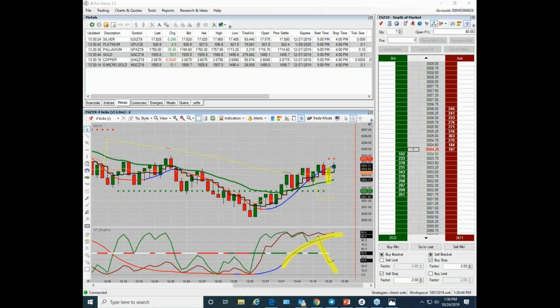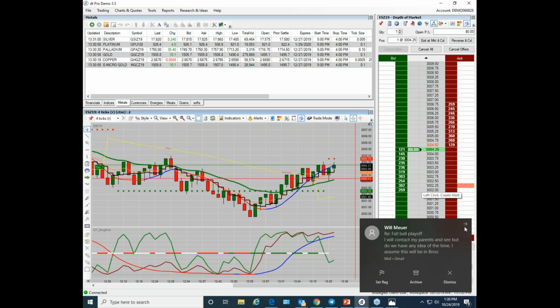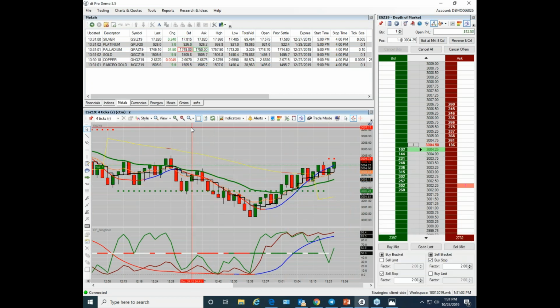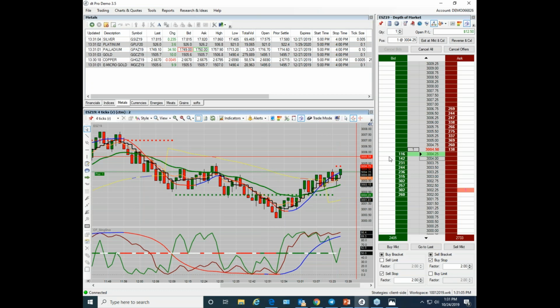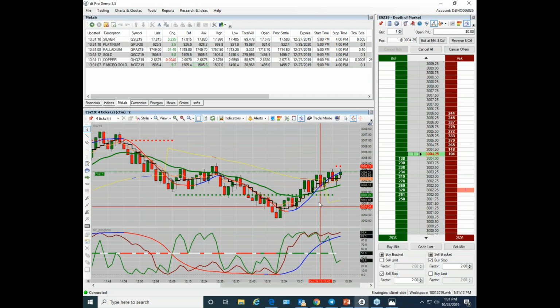So here's what we're going to do. See if we can get in there. I don't want you guys to touch any buttons, okay? This is going to give me an opportunity to get inside the DOM and push a button, so I can show you how to place an order. What I just did is I left-clicked in the green, all right, to get long. And we got long because we had a bullish cross. We had to pull back to the BBC. We had an up close, and we have the bullish